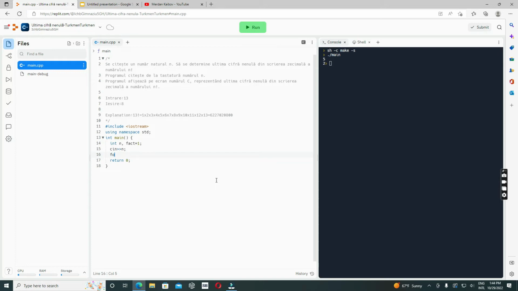And then to find the factorial of number n, I will create a loop which will start the counter i at 1, and it will continue until n. And every time in the loop I will increase the value of i by 1, and I'll say that the factorial is equal to factorial multiplied by i. So when I got the factorial,